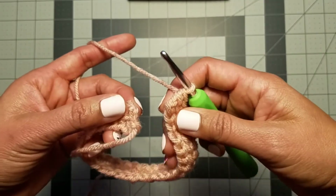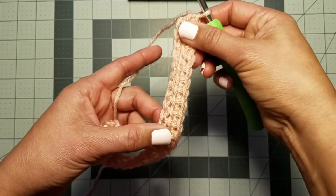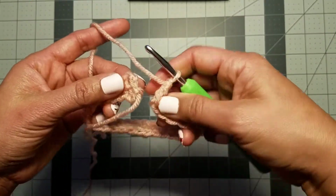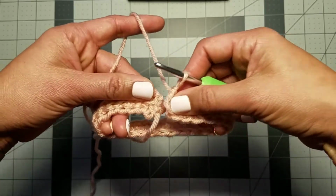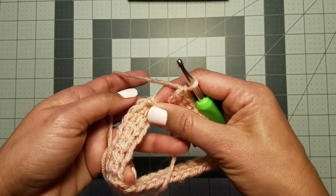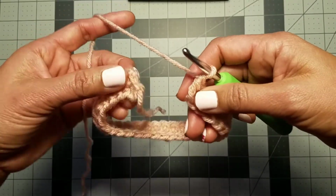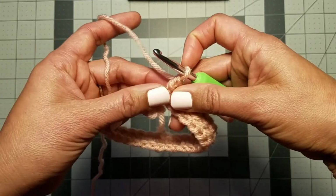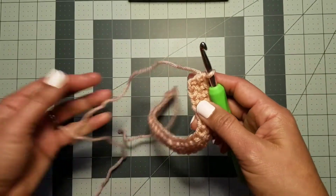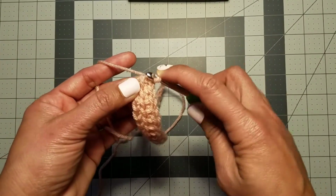Just for the sake of this tutorial, I just made a few stitches for my foundation link, enough so I can join. But of course, this is too small for your neck. So what we do is make sure that your piece is not twisted. And then the next is we go down our stitch like we normally would by picking up 2